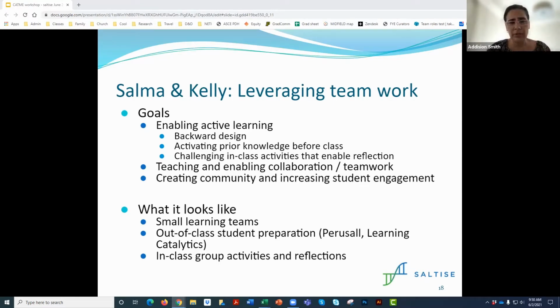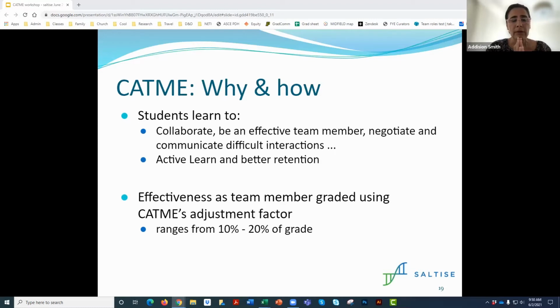Small learning communities, small learning teams, a lot of out-of-class preparation. We use tools like Perusal and Learning Analytics, and I'll talk a little bit about that. And then we try to challenge them with in-class group activities and reflections. Sometimes these are projects, sometimes these are discovery things, sometimes they're just very hard problems that they need to solve together. Next, please, Matt. So we did find, from my experience, I started 4 years ago in Learning Incubator, CATME